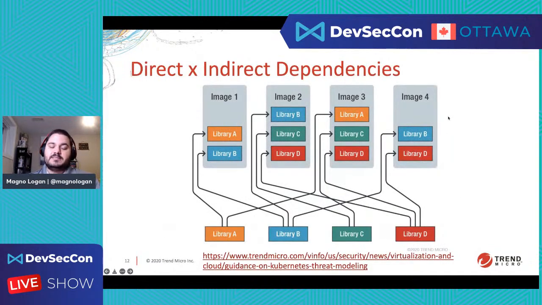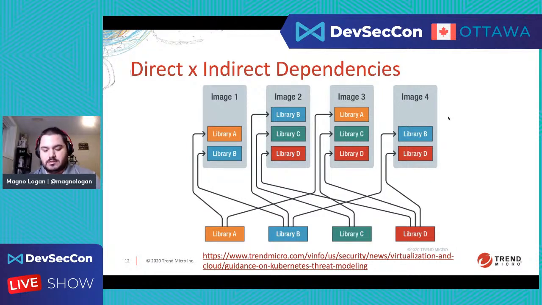But it's not as simple as that. There are many issues with updating those libraries, and there is the problem of direct and indirect dependencies. I highlight the issue here with an example from research that we did with Docker and Kubernetes as well. Those images can have different libraries, and those libraries depend on other libraries, which can be very tricky to manage.